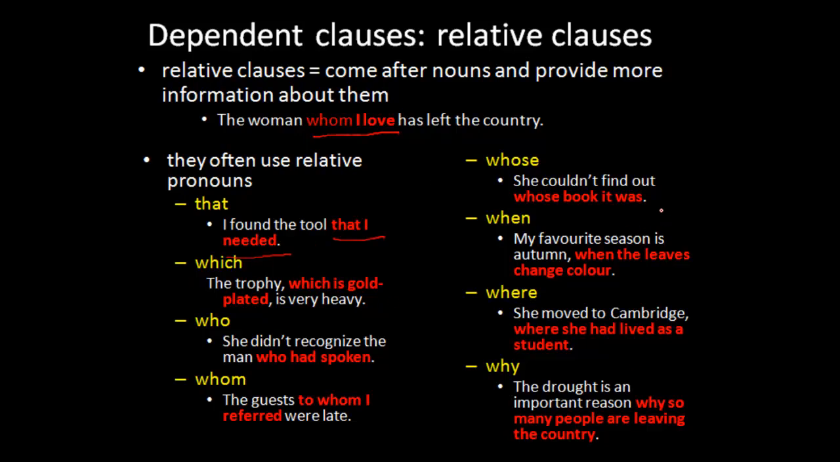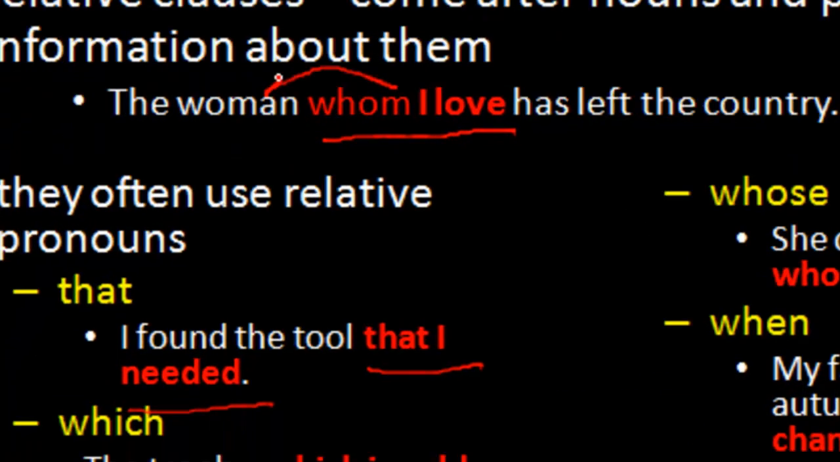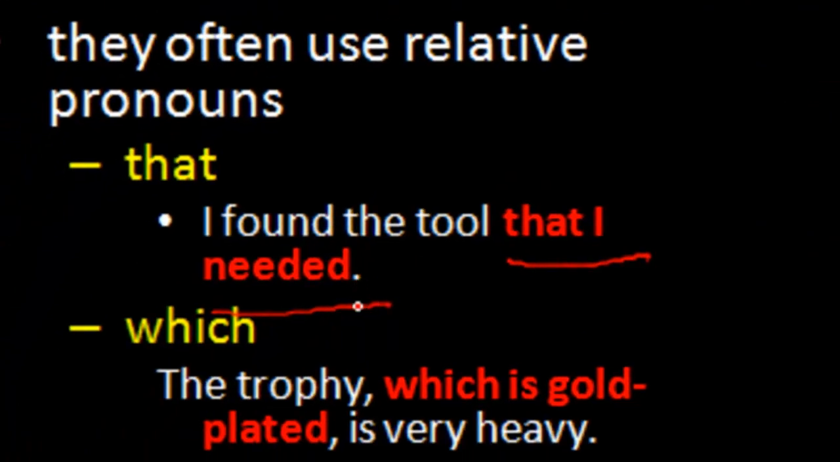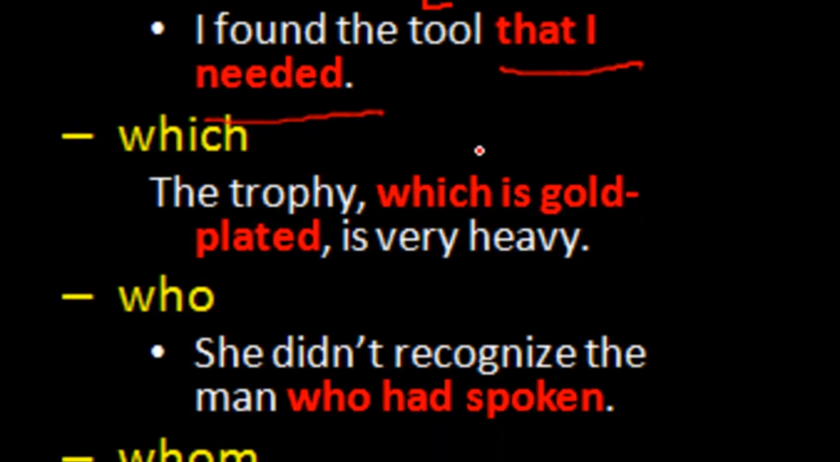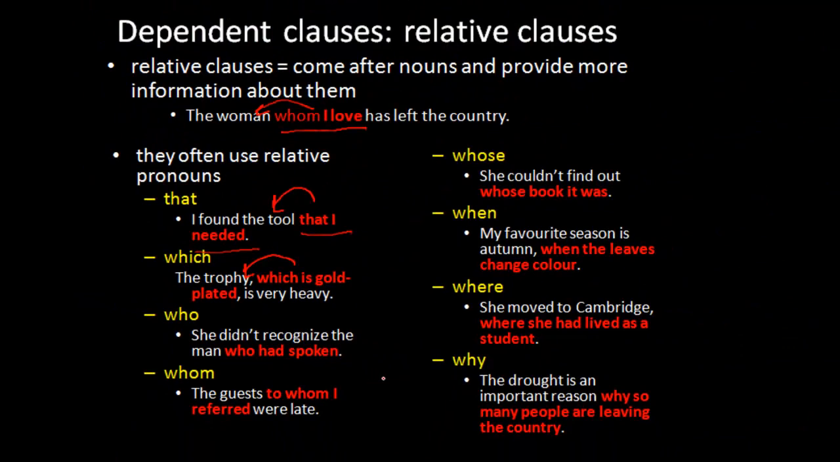And what are they doing? They are giving you information about a word that has come immediately before them. So when I say the woman whom I love has left the country, I'm telling you something about the woman. When I say I found the tool that I needed, I'm telling you something about the tool. Which is gold-plated is telling you something about the trophy. Okay, so relative clauses always indicate something about a word or words preceding them,